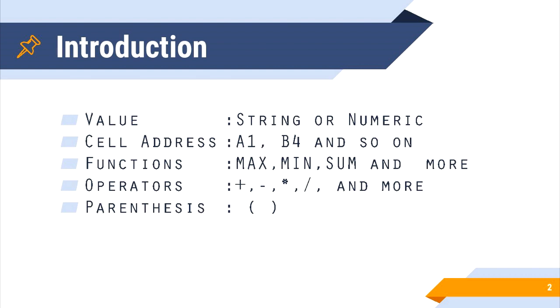numbers. Next one is operators. There are so many operators available in Excel. They are addition, subtraction, multiplication, division and so on. And the last one is parenthesis. Parenthesis is shown by the open bracket and the closing bracket. These are the instructions of Excel. So by using this, we can use our data and formulas can be used. By using this, we will do so many kinds of calculations.